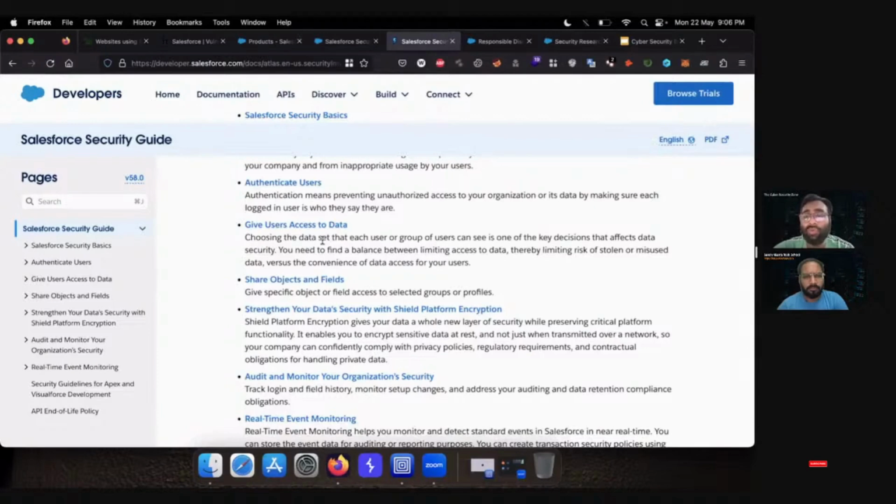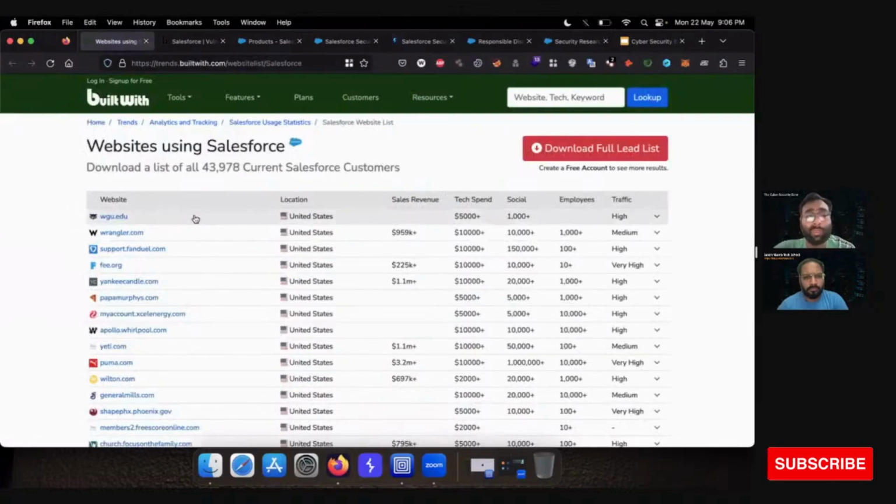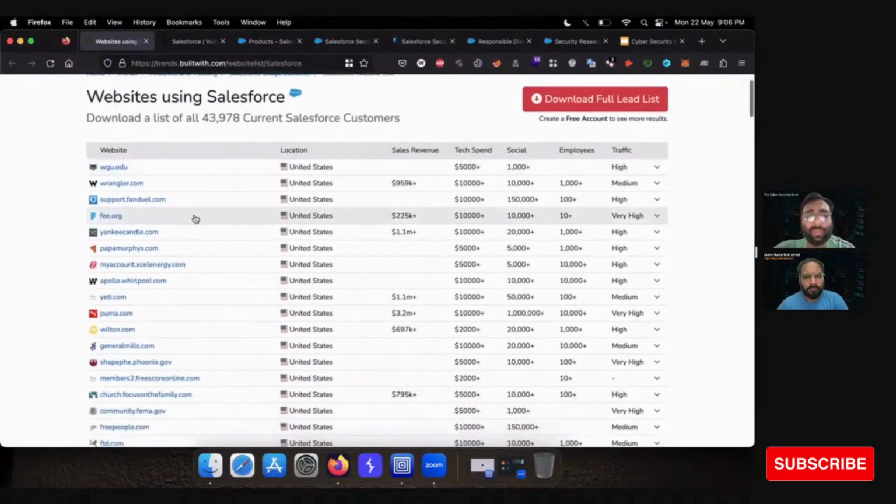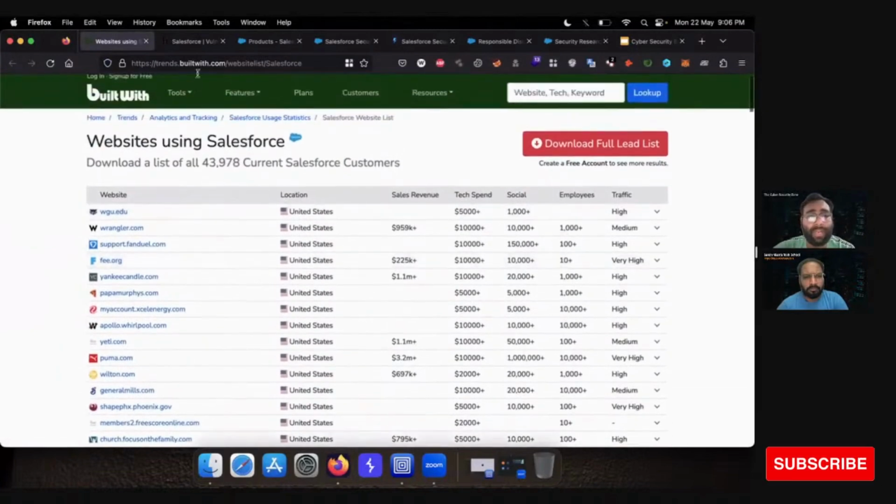But right now we are here to find some security vulnerabilities in Salesforce products. So let's do this. If Salesforce is integrated as CRM on some websites, here is a list of websites using Salesforce that you can find on builtwith.com.